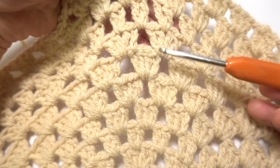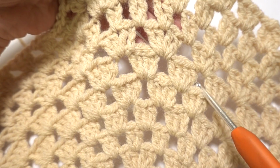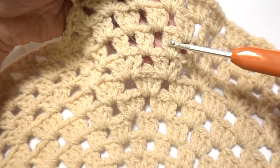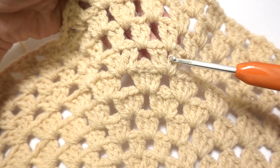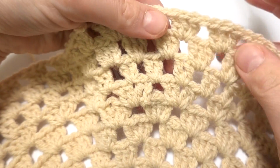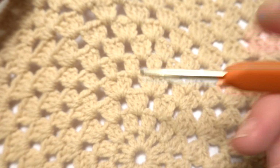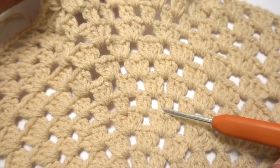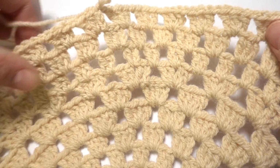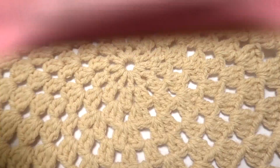Then round number 8 and round number 9 we have to continue with only 4 double crochets in each chain 1 space. Then in the next round we have to work again the pattern with 2 double crochets between second and third double crochet and then in chain 1 space, and the last 2 rounds we have to work with 3 double crochets in each chain 1 space. So my project in total I've got 1, 2, 3, 4, 5, 6, 7, 8, 9, 10, 11 and 12 rounds so far,